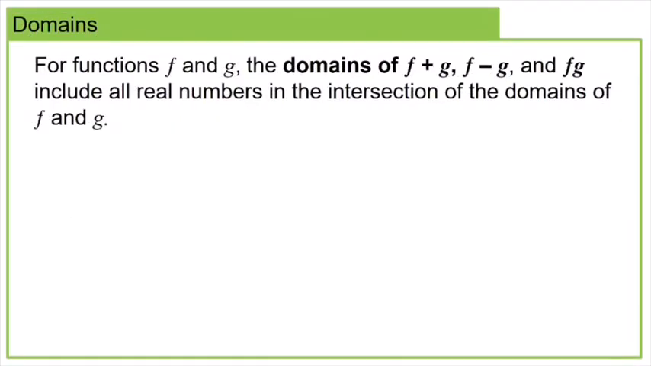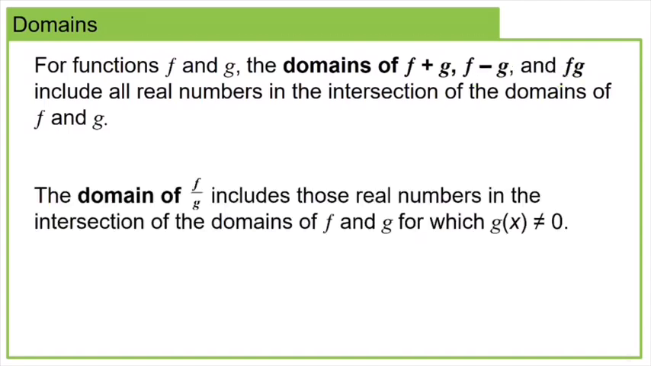So if we add, subtract, multiply, or divide two functions and we get a new function, what will be the domain of that new function? That's what we need to look at now. So for functions f and g, the domains of f plus g, f minus g, and f times g are all the same, and basically that domain will include all real numbers that are in the intersection of the domains of f and g individually. So you figure out what the domain of f is, you figure out what the domain of g is, and where the two overlap, that will be the domain of your new function,